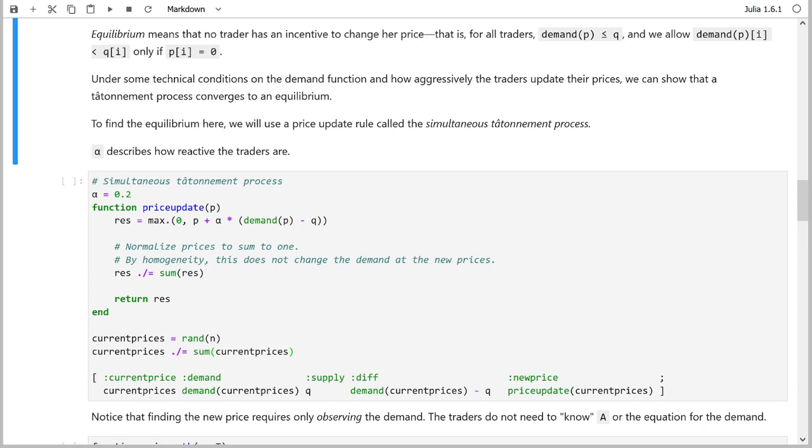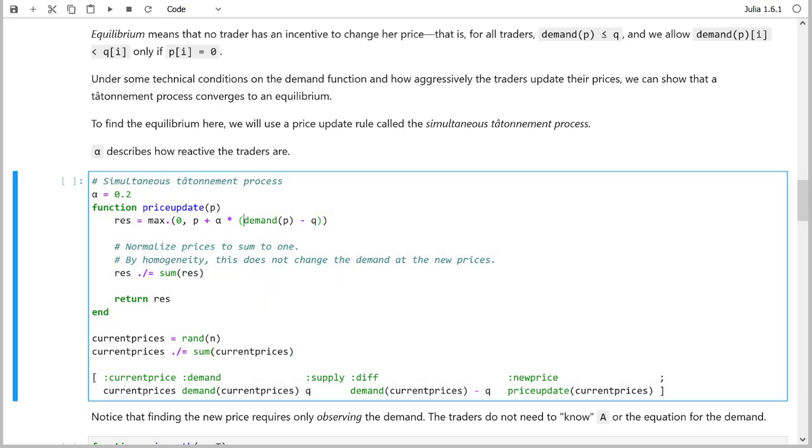The first thing we're going to do is take in a vector of prices P, and the goal is to return the updated prices that will hopefully be closer to the equilibrium. What we do is we measure the demand at these prices, and then we subtract the quantity on hand to get what we can call the excess demand. Recall that this is a vector. So here we have a vector of excess demands, and if at a certain index, for a certain trader, the demand exceeded the quantity, then that trader actually had excess demand, and she is going to want to increase her